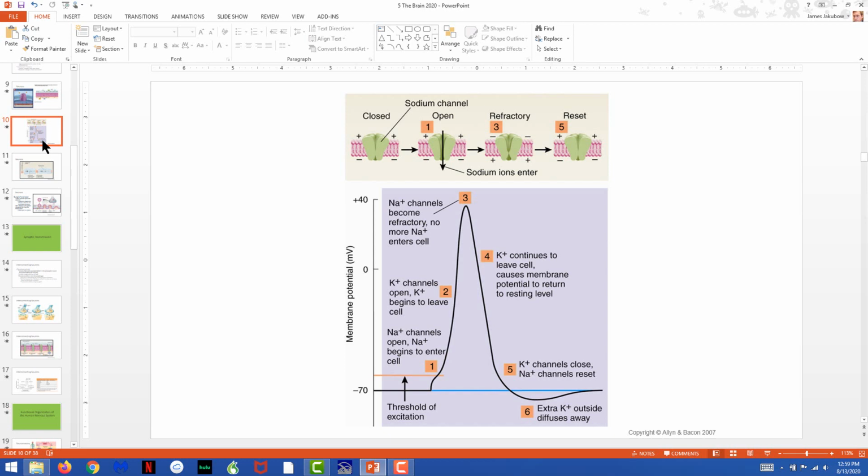Once you do cross that threshold of positive 20 millivolts within 1 millisecond, then there will be a breakdown of the cell membrane at the axon hillock. The axon hillock is simply the first piece of axon just off of the soma. When that breakdown occurs, as we saw in the previous slide, the sodium channels are going to open up, and sodium has two reasons to come in, both diffusion and electrostatic pressure, which is going to bring sodium into the cell. And here at box number 1, you see the sodium channels open and the sodium begins to come into